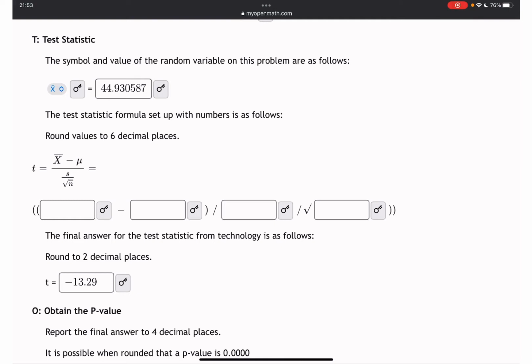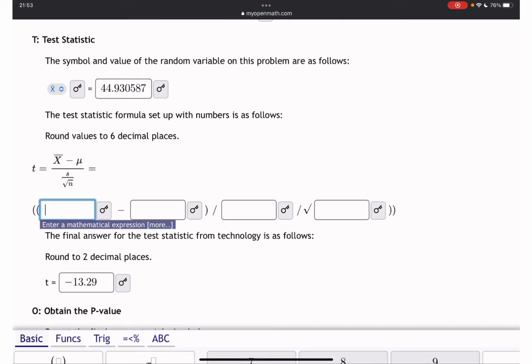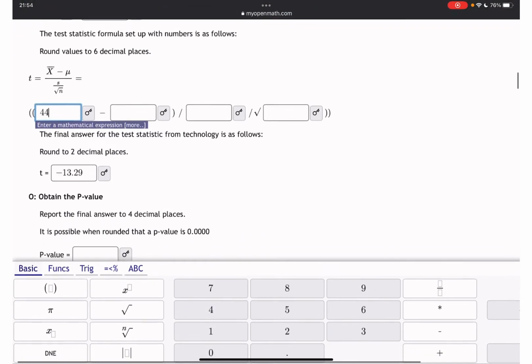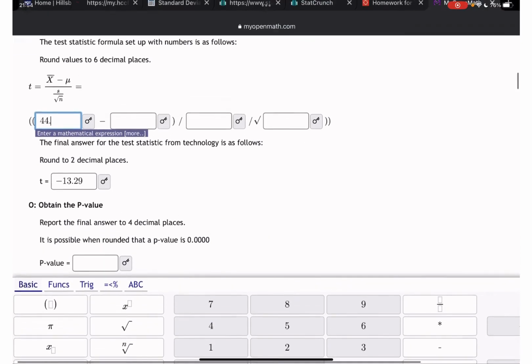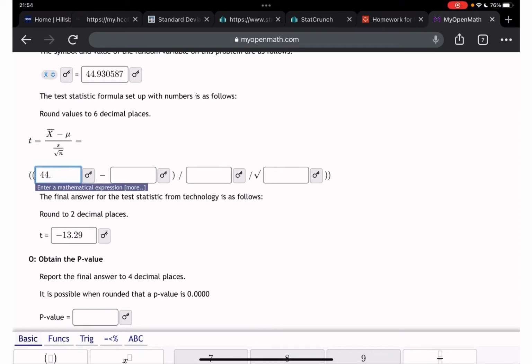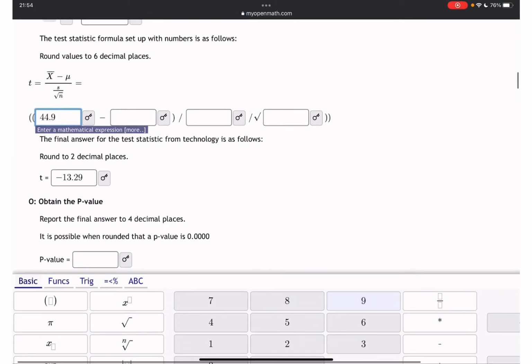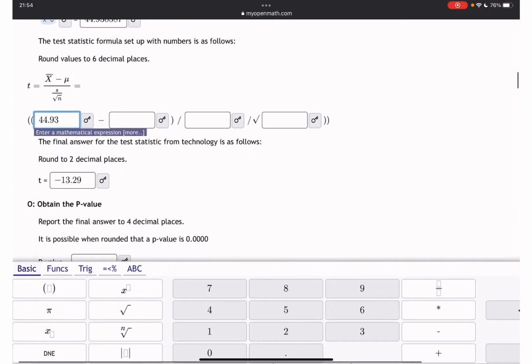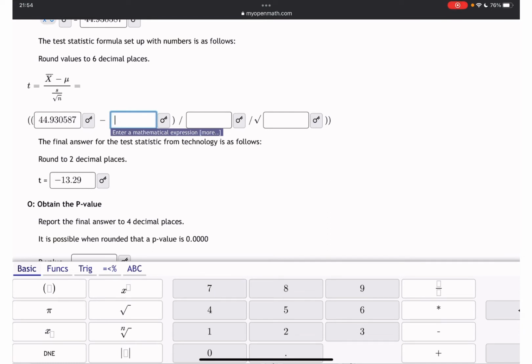The sample mean is 44 point, let's write down here, 44.930587. We need to subtract our mu. Mu was 60.29, right? That was an easy number to remember. Then we need to divide by